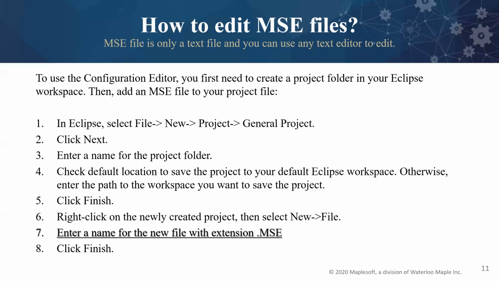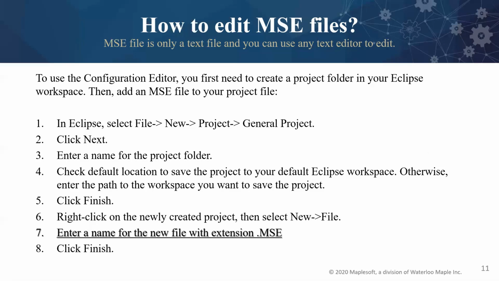The only thing the user has to be careful about here is that the file name should have the extension .msc. And once this extension is provided, Eclipse knows that this is going to be a Maple MVC editor file. When you double click on this file, it's going to ask you to convert this project into an Xtext project. And when you click on OK, you will be able to edit MSC files.